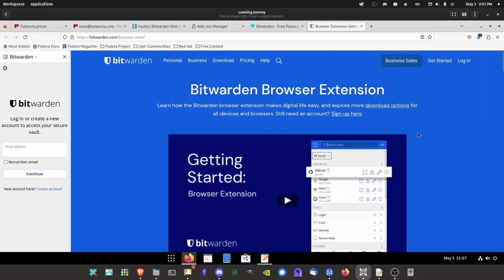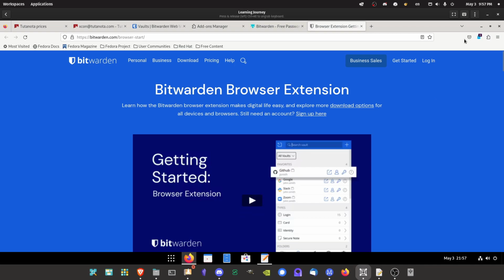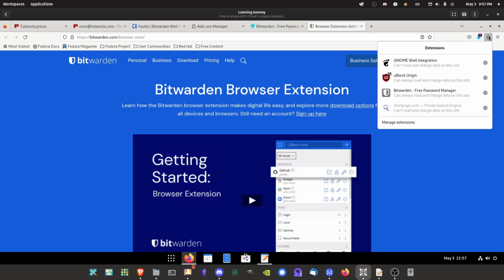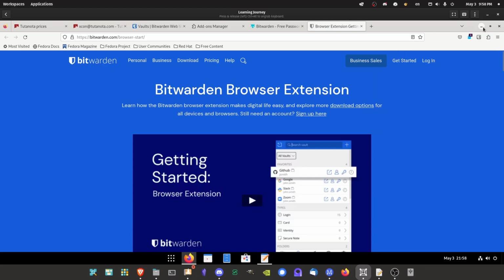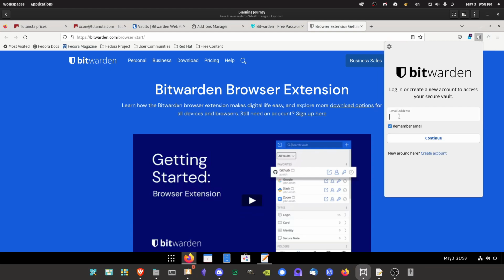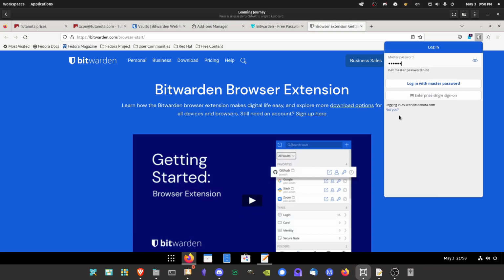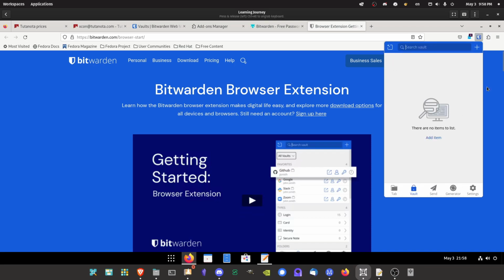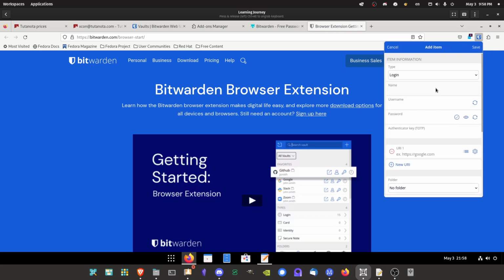And then, wait, where to go? I want it there. Where the heck? Oh, there it is. All right, you want to pin it to the toolbar because you're going to be clicking on it. You could definitely remember email here. Okay, so actually, let's just go in and do it. So this is going to be our Tutanota email. Our username is